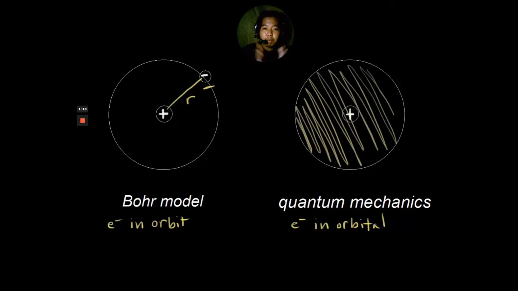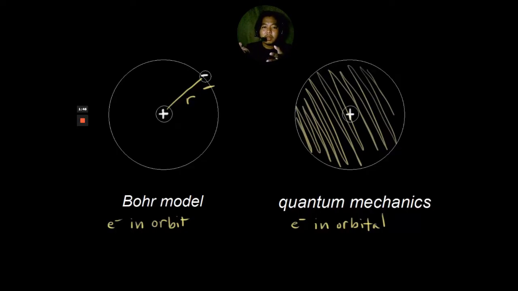We have been bombarded when we were in junior high school about the Bohr model, specifically when we talk about electron configuration. While in the real world, as of the 20th century, the Bohr model was no longer accepted. Though again, it was well celebrated by the people before because the goal of science is to create a unified law, a single explanation to all, meaning from the macroscopic to the microscopic level.